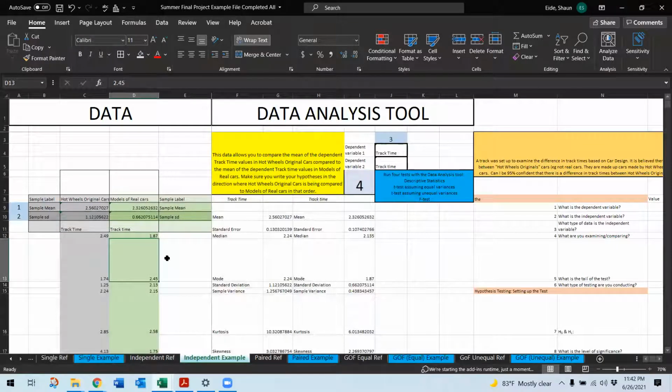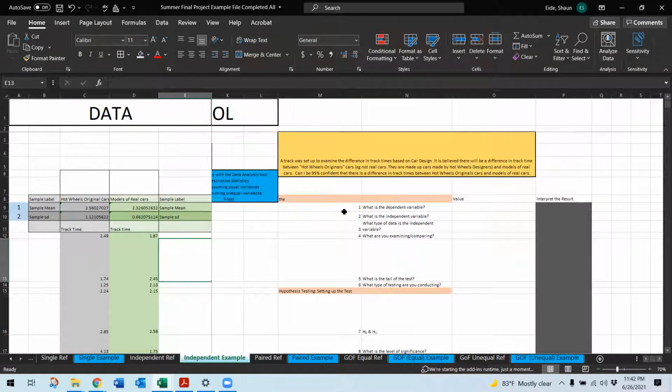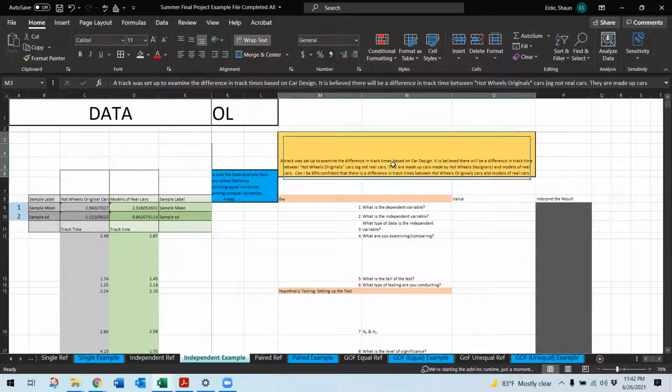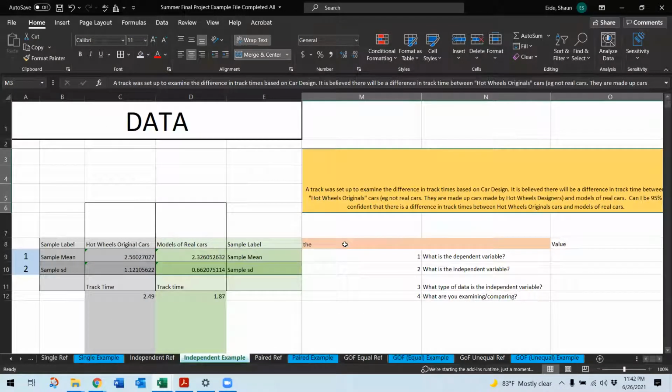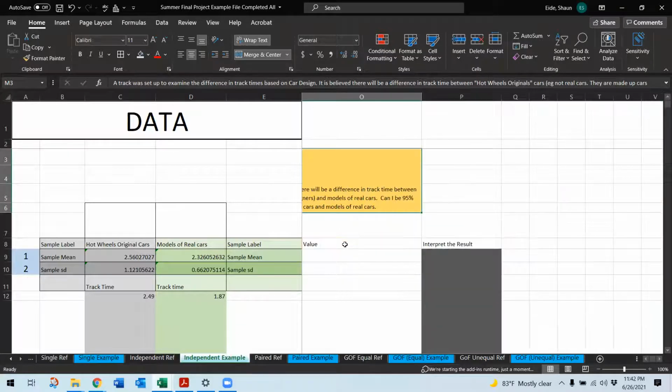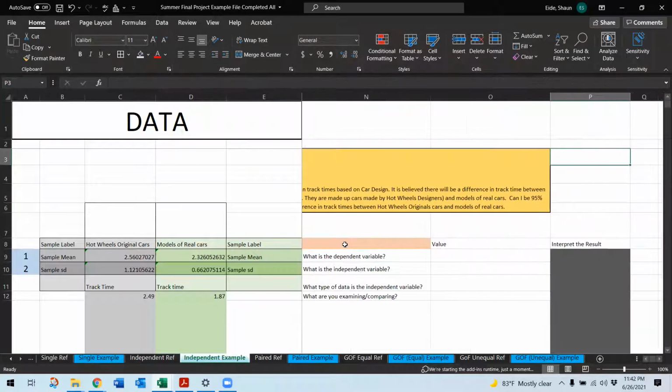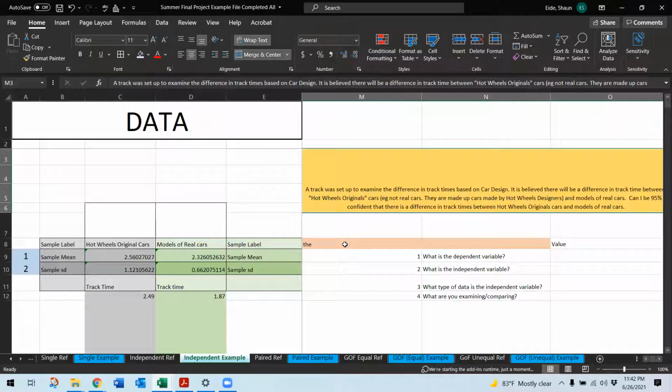Next, let's take a look at this. So the independent example. What we do is we start right up at the top. The first thing that we need to do is we say, okay, what is the dependent variable? Well, before we even do that, let's go ahead and take a look at what it is that we're doing. Okay, so a track was set up to examine the difference in track time based on car design. It is believed that there will be a difference in track time between Hot Wheels original